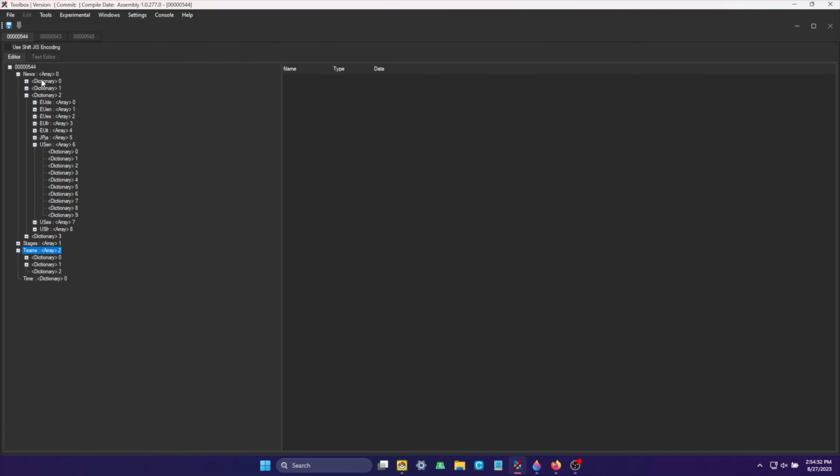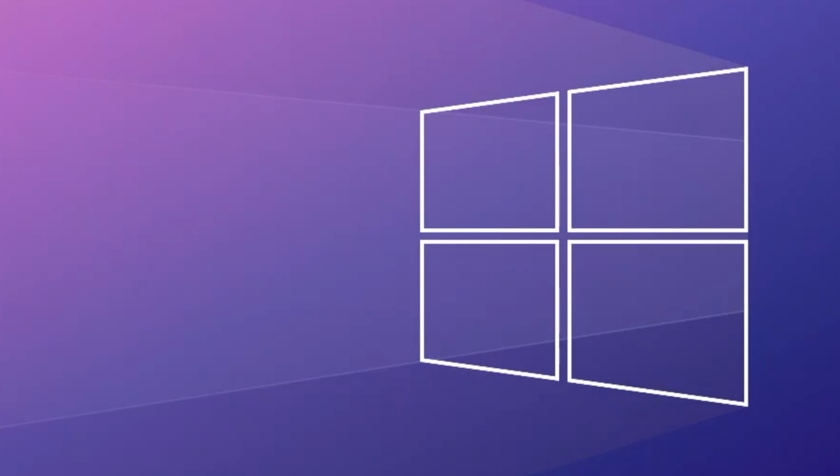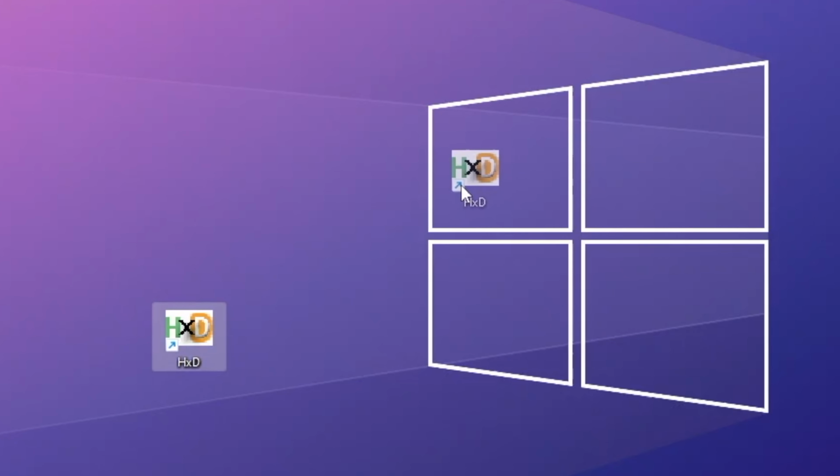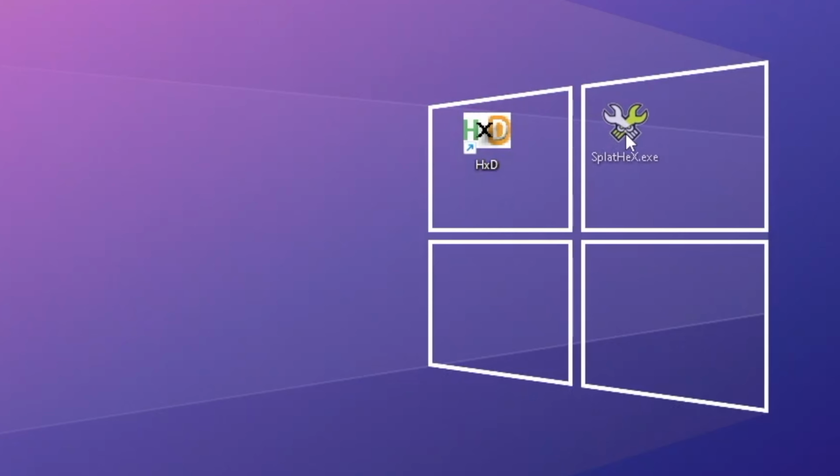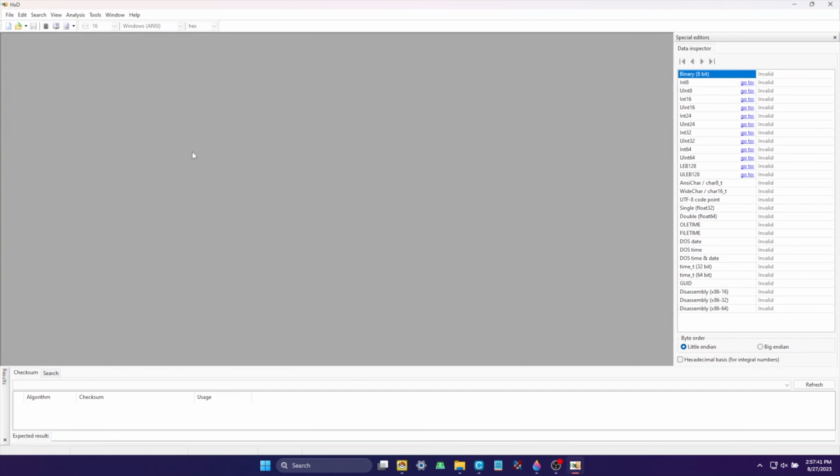However, I have not been able to find an elegant way to fix that, to reset it back to the way it was. But I have kind of a hacky workaround for that, to just reset it in the save file. So we don't need Toolbox anymore, so we can just close that. Now you'll need 2 other programs, HxD and Splathex. So to reset your Splatfest, open HxD,